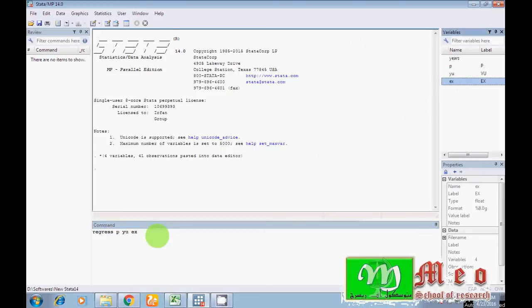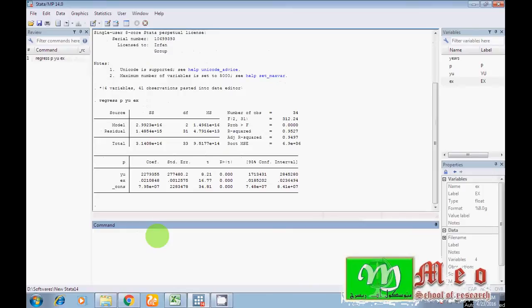P is my dependent variable; yu and ex are my independent variables. I simply write the command regress p yu ex. Again, p is my dependent variable. Write your dependent variable first and then your independent variables. I have written all my variables, press enter, and you will see I have results.